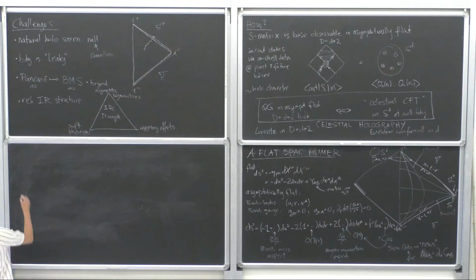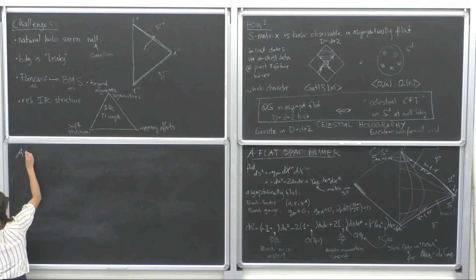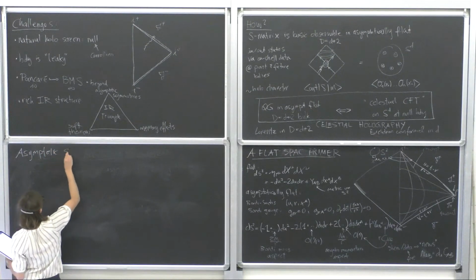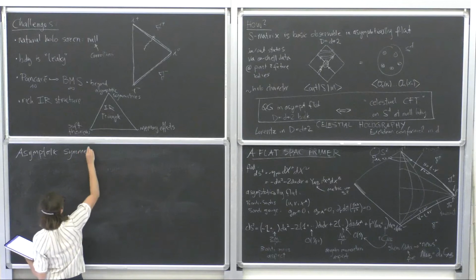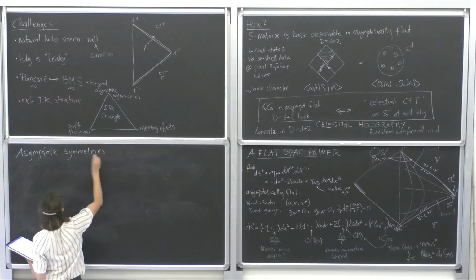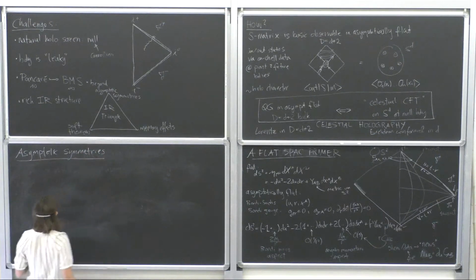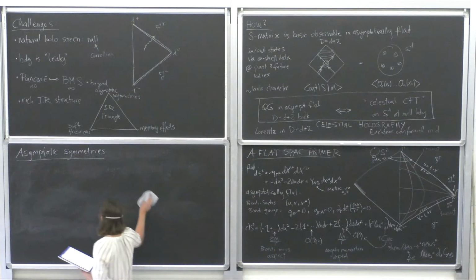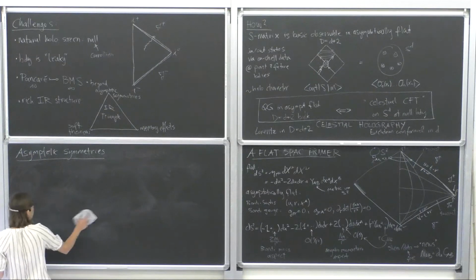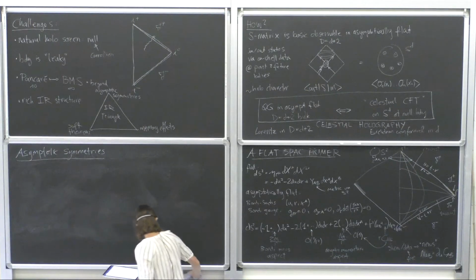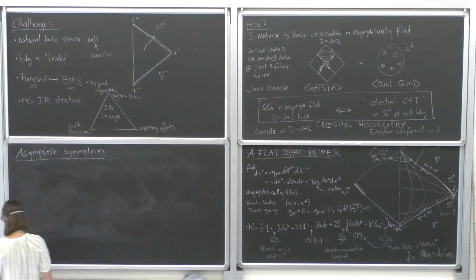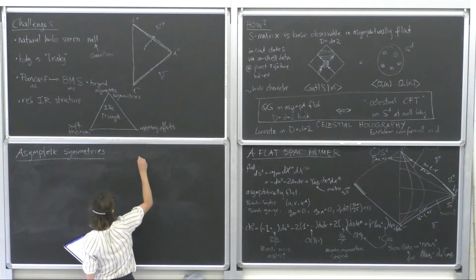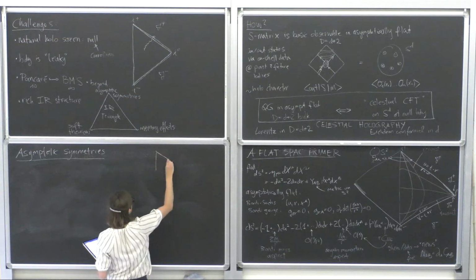Now let me talk about the symmetries of the spacetime, in particular the asymptotic symmetries, which is maybe the first thing that we have to figure out in order to see if we have a holographic principle at work, because the symmetries in the spacetime near the boundary have to match those of the theory that we put on the boundary. This will help us in identifying what this putative boundary theory is. Asymptotic symmetries are important when you have a manifold with a boundary. So let me draw this again.